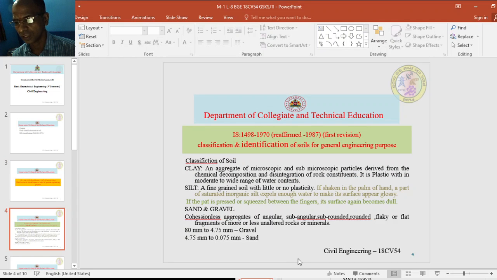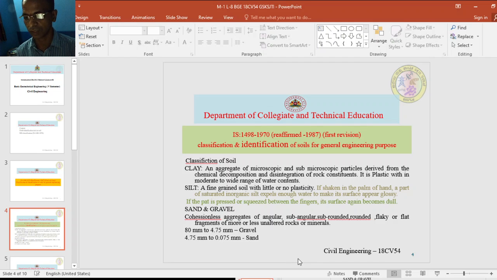According to it, the soil classification is as follows. Clayey soil is any aggregate of microscopic and submicroscopic particles derived from the chemical decomposition and disintegration of rock constituents, and it is plastic within a moderate to wide range of water content; this is called clay. And silt means any fine grained soil with little or no plasticity; then it is called silt. Then sand and gravel means cohesionless aggregates of angular, subangular, rounded, flaky or flat particles of less altered rock mass,